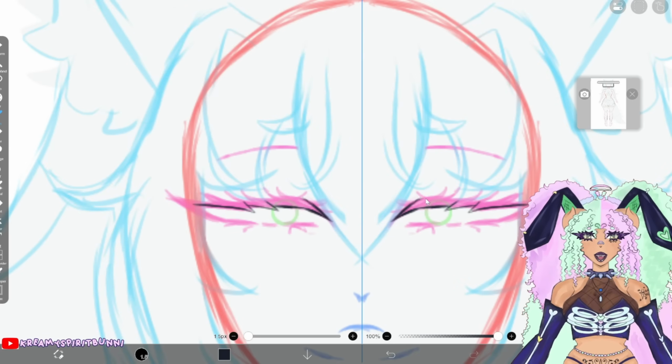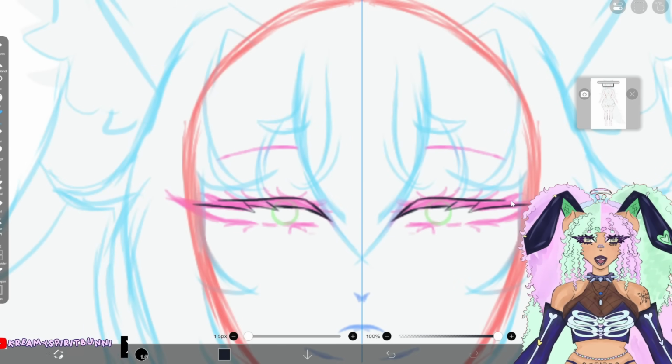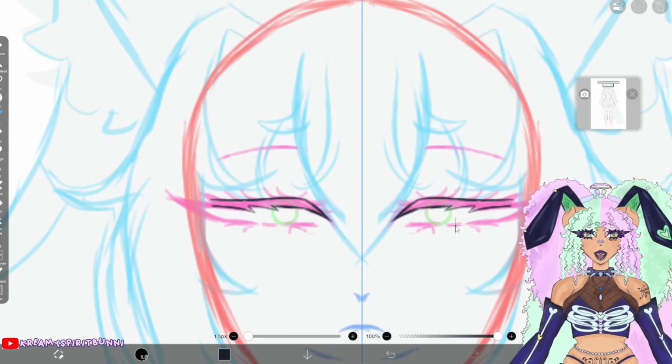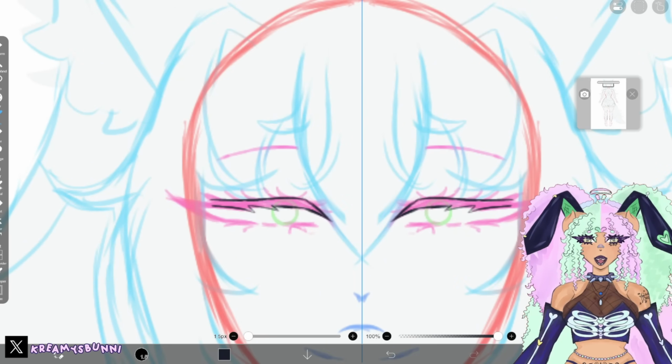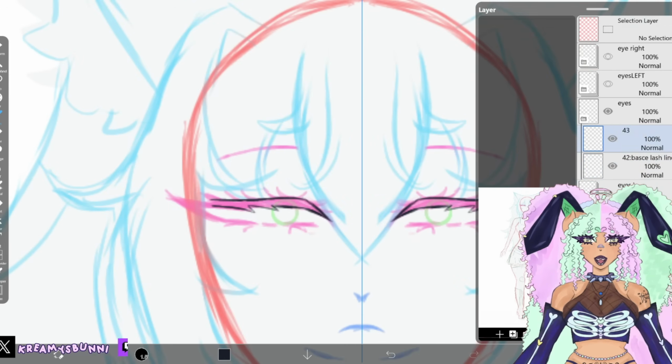Boom. This is the base. Why did you cut it off right there? Because, and yes, keep your symmetrical tool on, specifically for this part. Okay. There you guys go. That's the base. And then you want to do the same thing, but this time we're gonna do